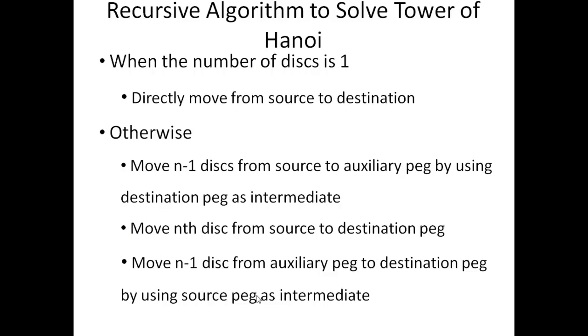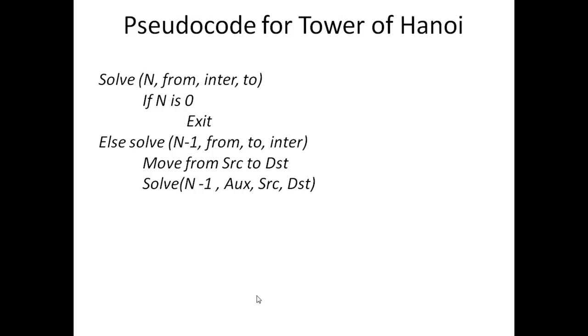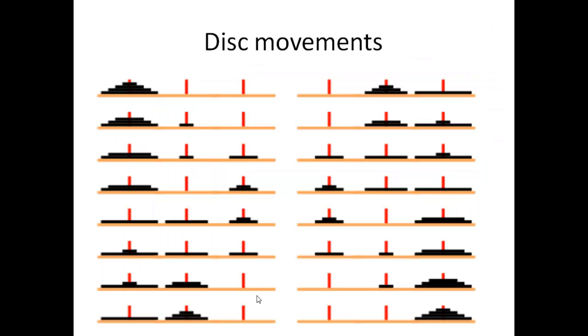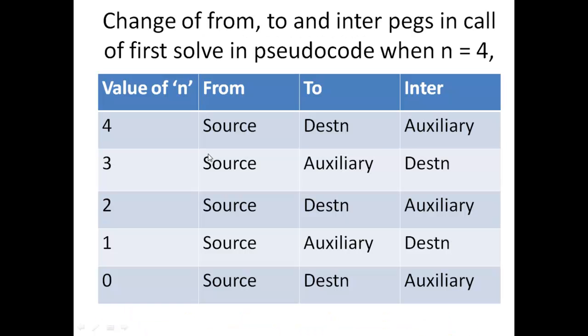This is the recursive algorithm that we have proposed, and this is the pseudocode we propose to solve the Tower of Hanoi. So when n is equal to 3, the disk is moved from source to destination. If you see in the next step, it is moved from source to destination, keeping the destination as intermediate,